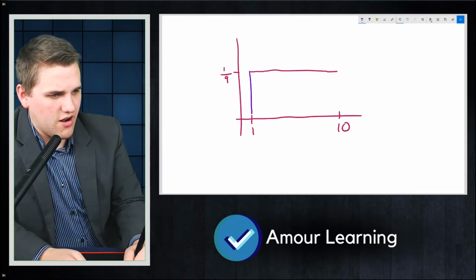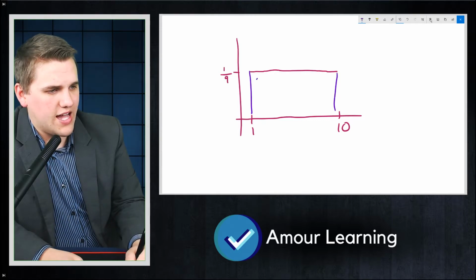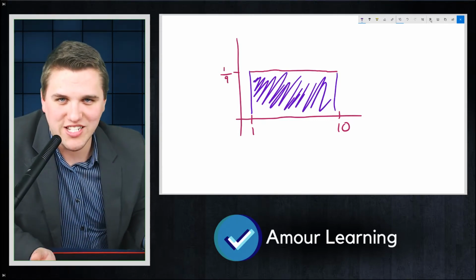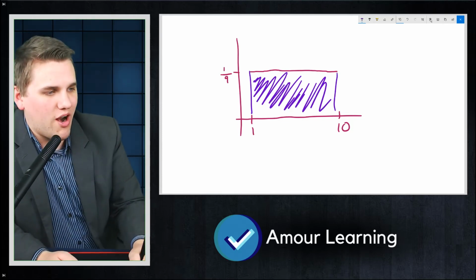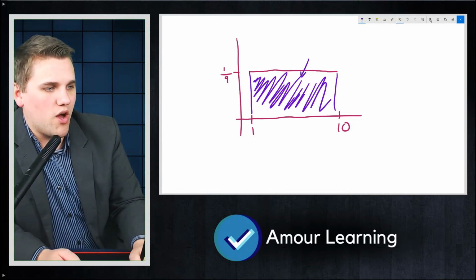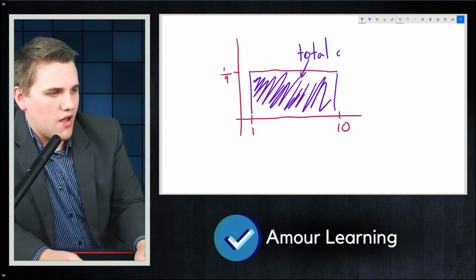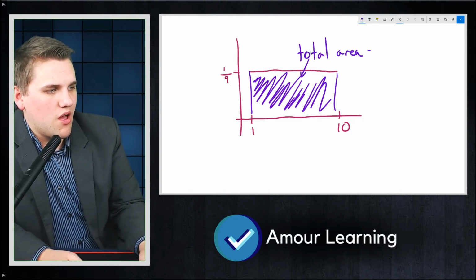This entire area adds up to a total area of 1, because the chance of me picking a number between 1 and 10 is 100%. And so the total area of this is 1, which we will talk about later on, about area under the curve. So that is an example of a